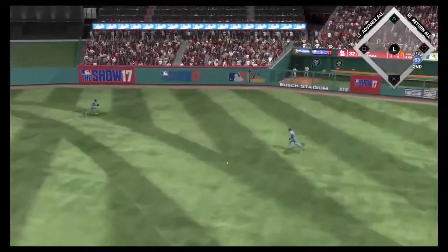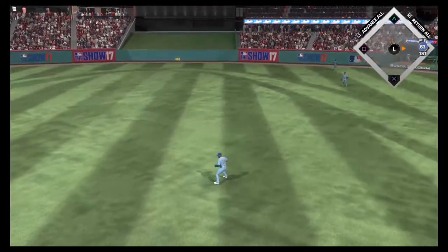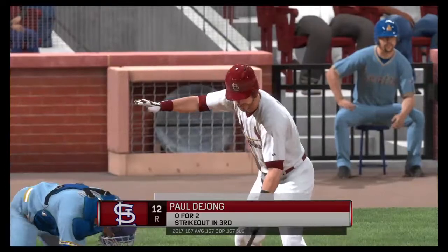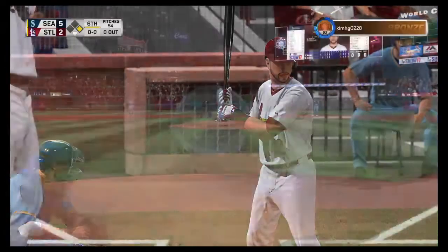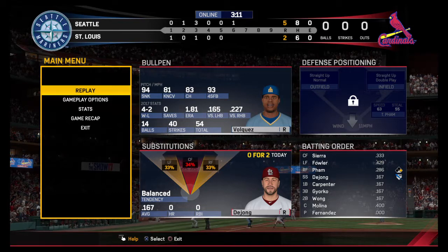Stung into the gap in right center for what should be extra bases. Around first, he's digging for second. And they're going to hold him to a single here as they do a nice job of getting it back in quickly. The shortstop. Ready once